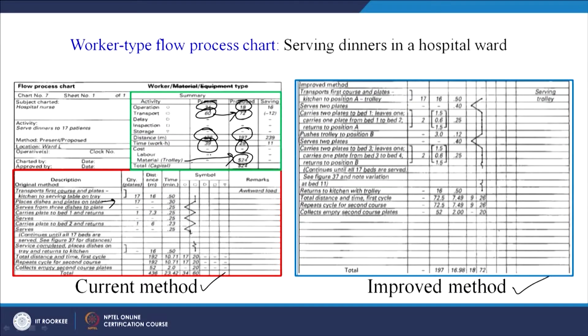It is depicting a worker or operator type of flow process chart. Here you can see the information that we have put: quantity of plates, distance, time. As I have already told, all the symbols remain the same as we have seen in the outline process chart or operation process chart: operation, transportation, delay, inspection and storage.